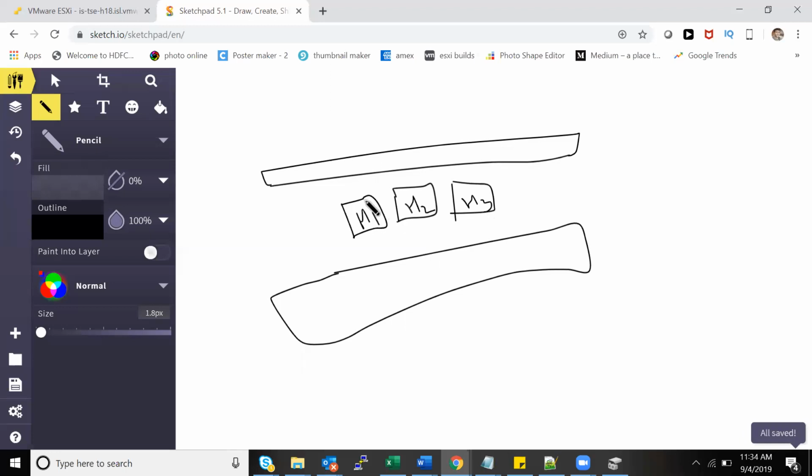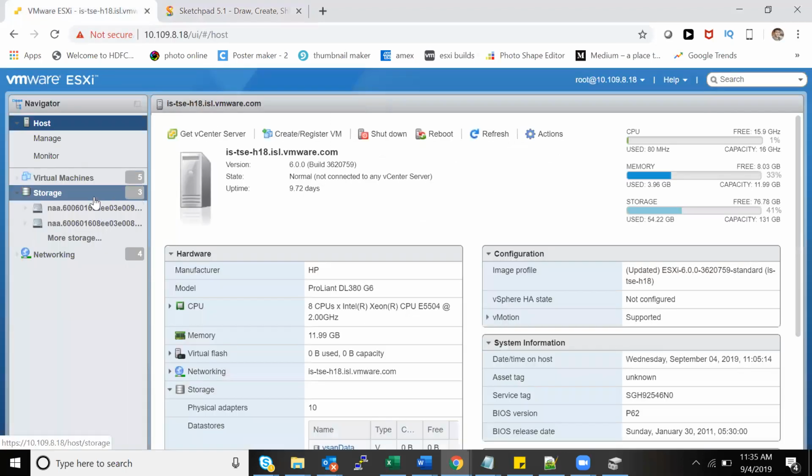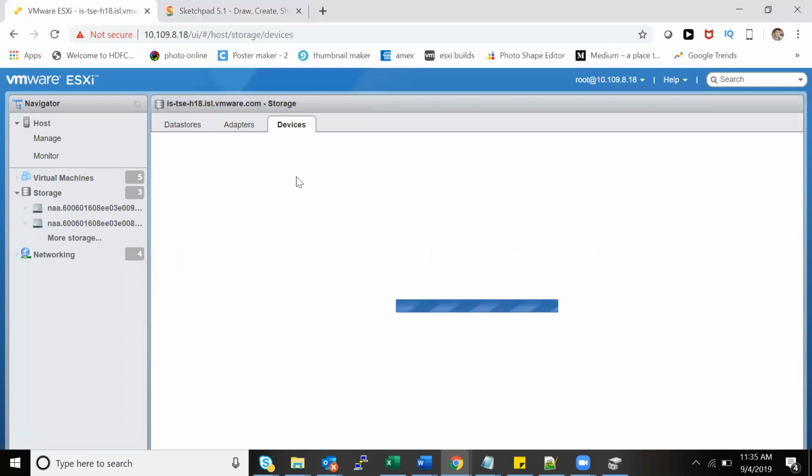So the customer is telling me, I am using FC, and I presented all the LUNs to my FC, and only two hosts can see them, other hosts cannot. Can you help me fix the problem? What we will do is first ask them to go to the storage and click on devices. And can you show me if the device is visible here? Which means that he has presented it.